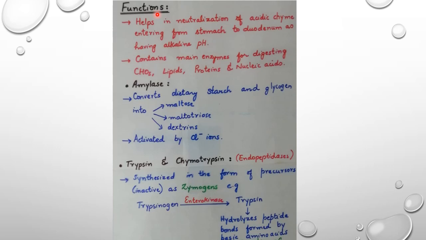Functions of pancreatic juice. Since pancreatic juice is alkaline in nature, it can neutralize or buffer acidic chyme that arises from the stomach. It constitutes mainly digestive enzymes, and it has enzymes for digesting or hydrolyzing carbohydrates, lipids, proteins,